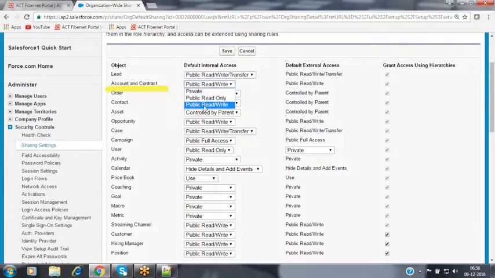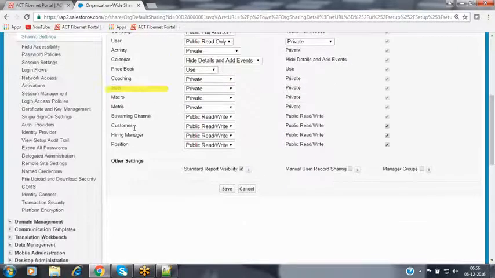For opportunity, we have private, public read only, public read write. And for activity, you will have private and controlled by parent. When you go to your custom object, customer, you will have private, public read only, public read write. Position also has private, public read only, public read write.